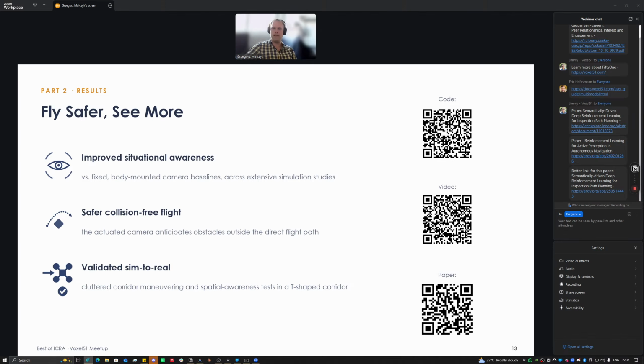But it might happen that in the future, the robot will take this path, and therefore the agent already anticipated those regions beforehand with the camera. We validate the approach quite extensively within sim as well as in real-world experiments, and compare with the static fixed forward-facing cameras, where we show that with active perception, the robot is able to build way richer spatial awareness compared to the